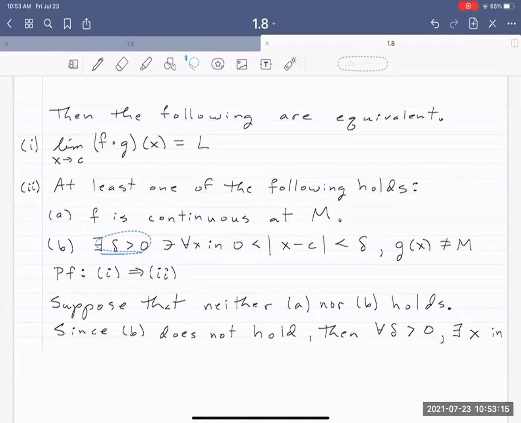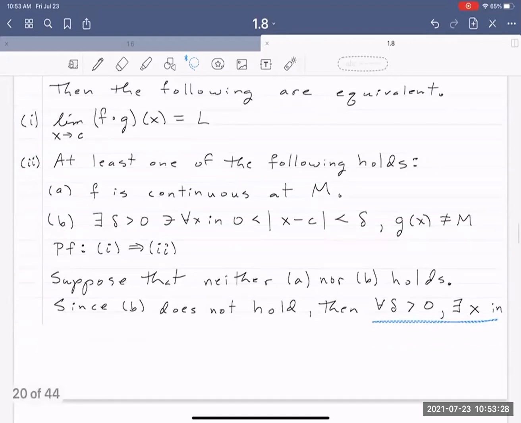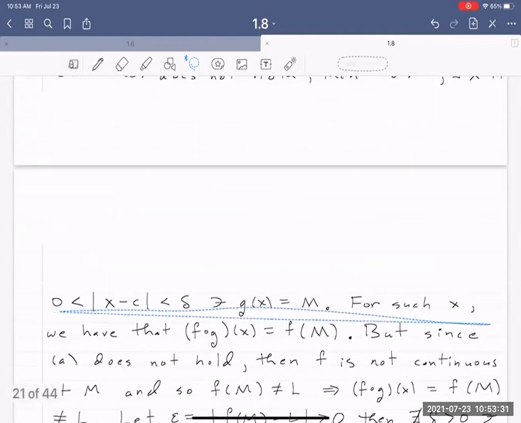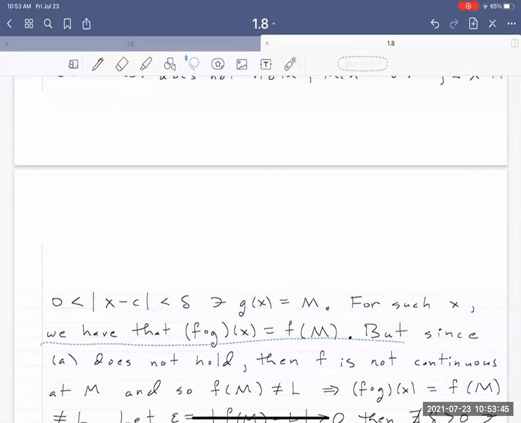change that from the opposite of there exists is for all. The opposite of for all is there exists. So then for all delta greater than 0, there exists an x in the interval, x minus c in absolute value between 0 and delta, such that g of x is equal to m. For such an x, we have that f composed of g at x is equal to f at m. But since A does not hold,